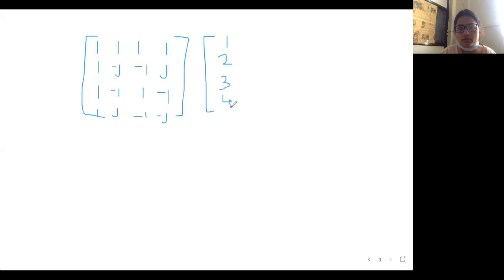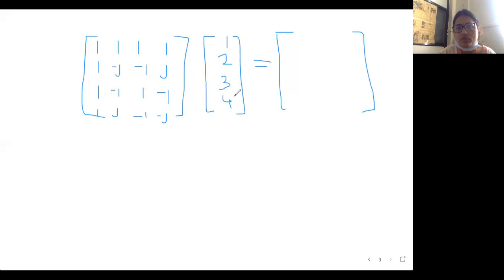Now you will get to know. We have written in a different order, so it is creating confusion. So here first row, first column, then second row, first column, third row, first column, and the last row, first column. So we will now be performing multiplication, which means these first row elements are going to be multiplied with the first column. So what are the first elements in the first row?